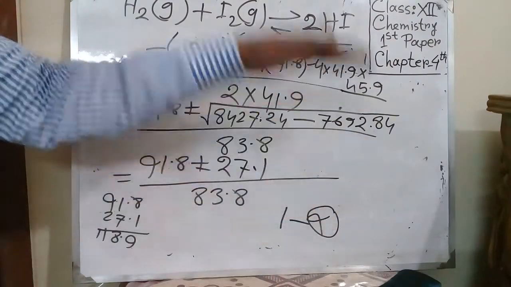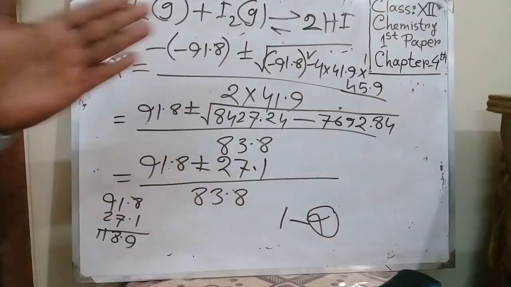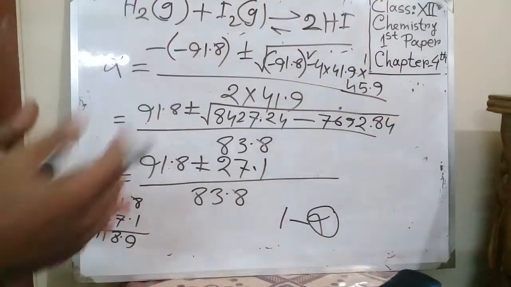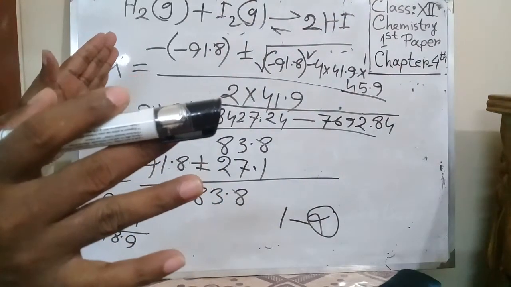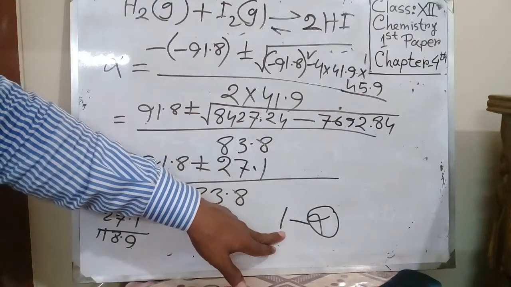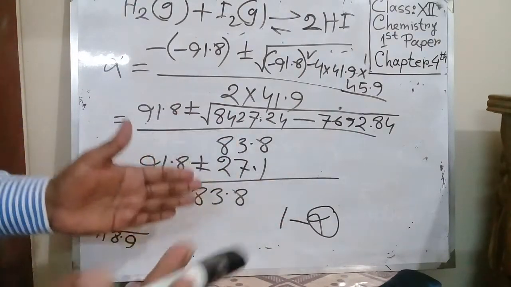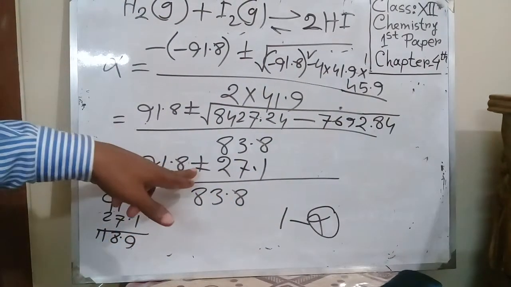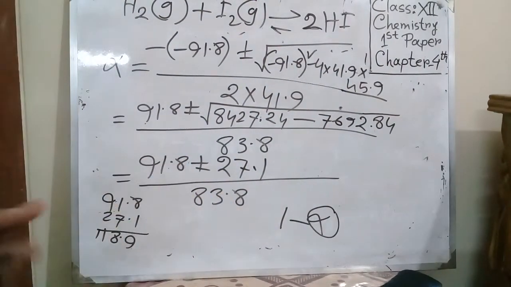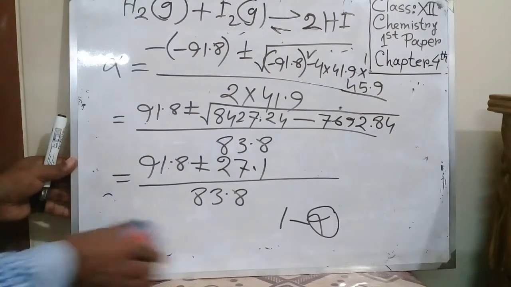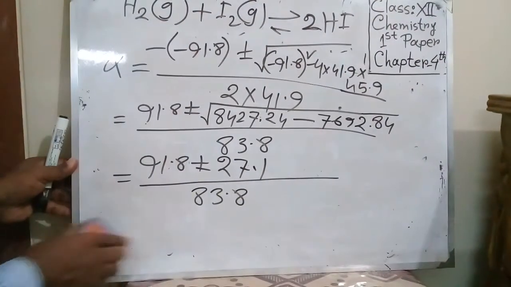It must be less than 1, because from 1 mole some part of the reactant has been converted into product. But if it is more than 1, we didn't take more than 1 mole. So how can more than 1 be converted into product? So the positive value will not be valid. That's why you need to subtract this one. Maybe you have understood better, so we need to subtract.